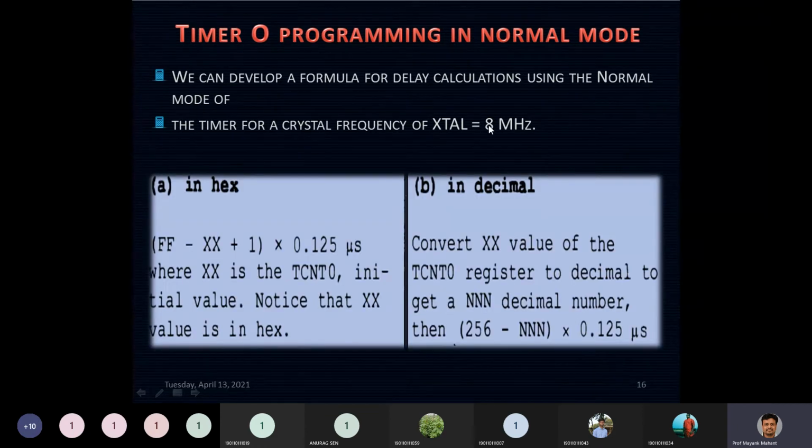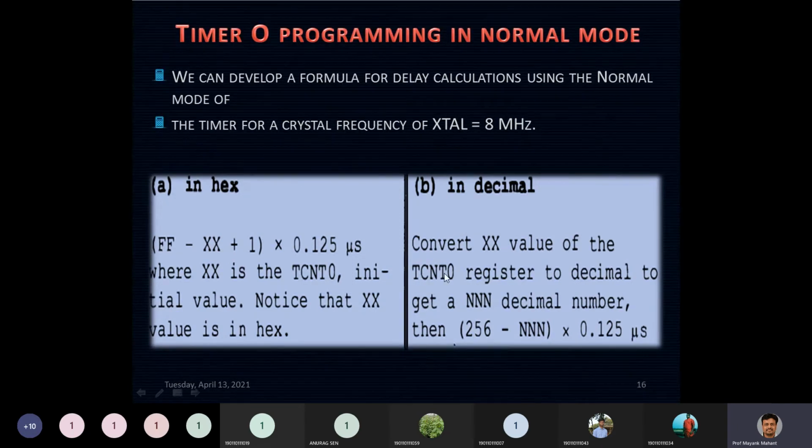Then the time period of the clock would be 0.125 microseconds. If you are doing it in hexadecimal, this is the formula you need to use: (FF minus XX plus 1) times 0.125 is the desired value of the delay. From that you can calculate the XX value, and that XX value needs to be loaded in your